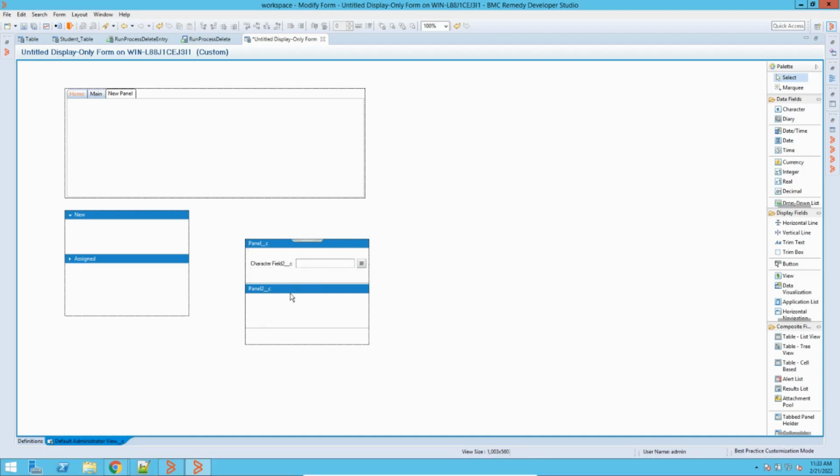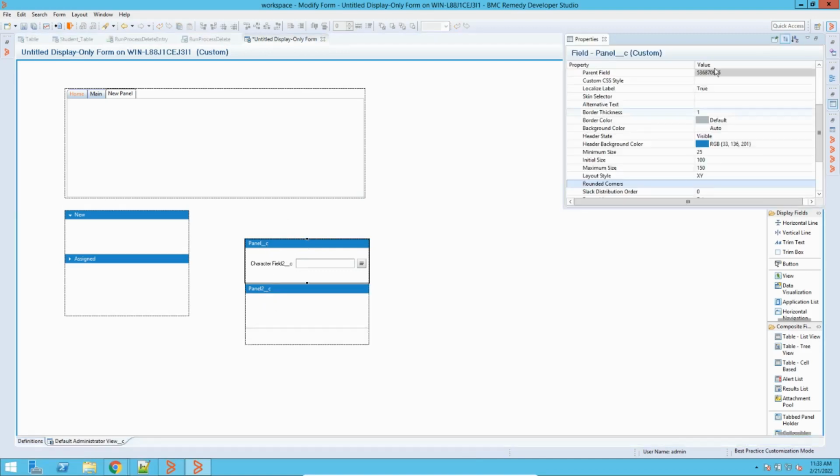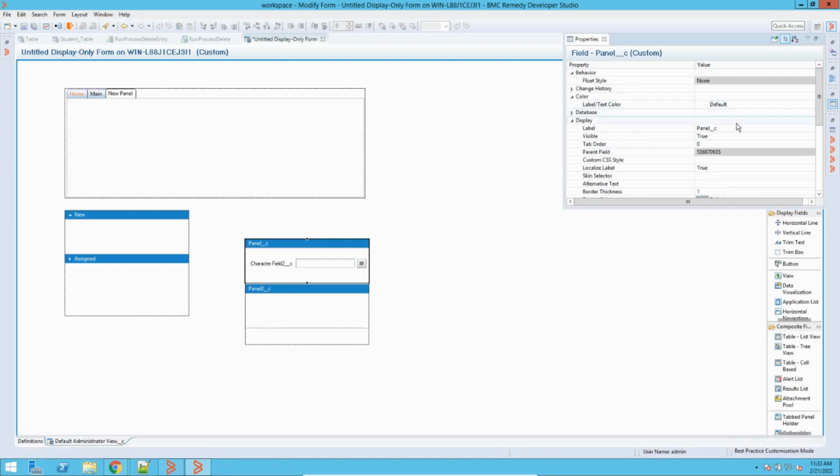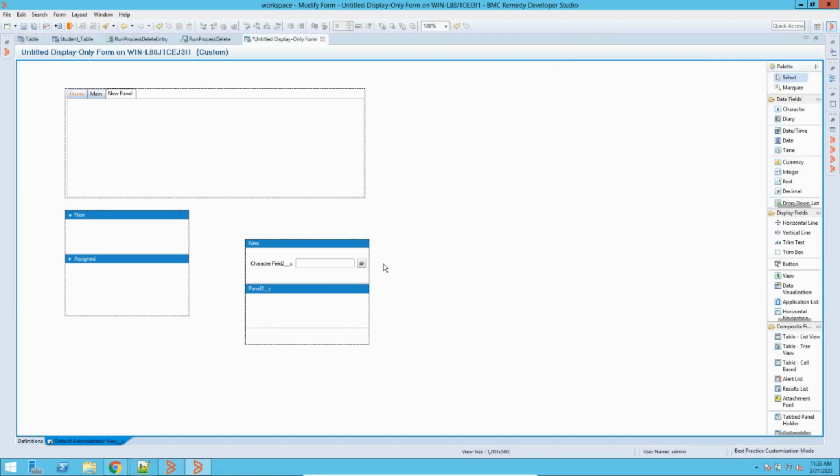Okay, you can add the field here, but it will not be collapsible. It's a vertical panel, but it is just splitting the information. The rest of the things are the same. You can change the name, and you can rename it here. You can change it and use it in the application.